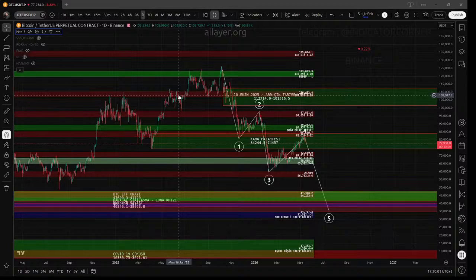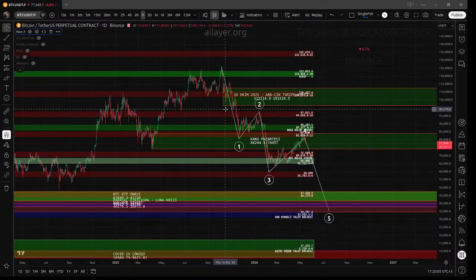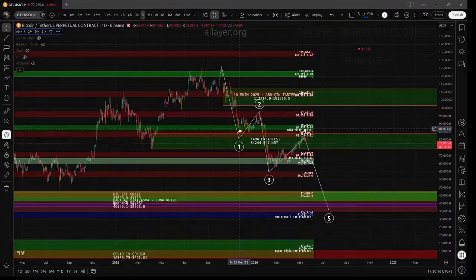Today we are going to break down one of the most interesting Bitcoin charts you'll probably see this year. This is not a standard support and resistance chart. This is not a simple Fibonacci setup. This is definitely not a random drawing on a screen. What you are looking at is a predictive structural map generated with the help of the AI-driven analytical system